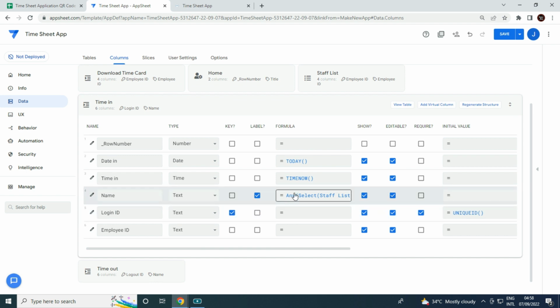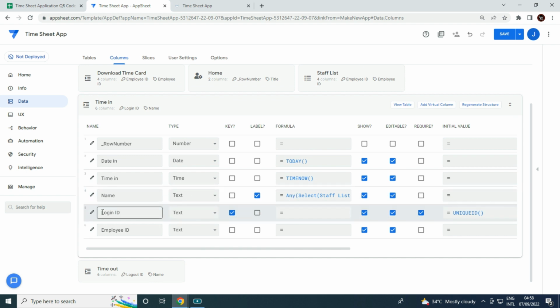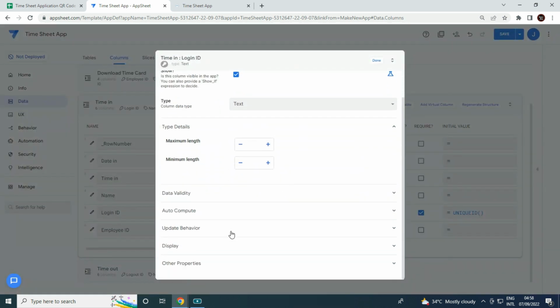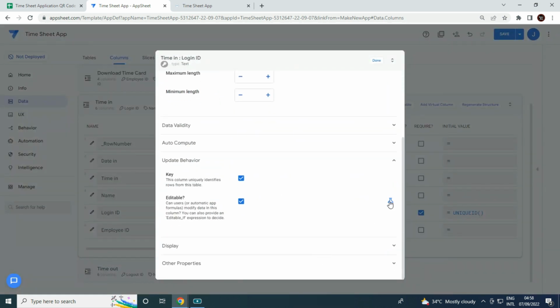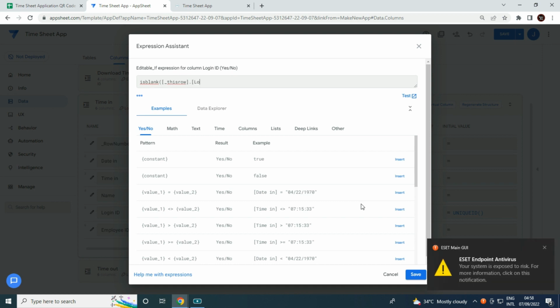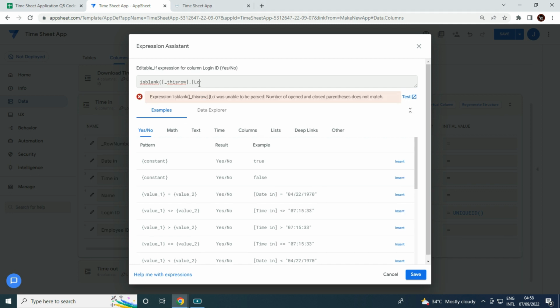I'm gonna keep the label as the name. Then in the login ID, this is the unique ID. We'll keep it like that. But we're gonna apply here an editable expression. So this is editable, it's blank, then each row dot login ID. Okay,